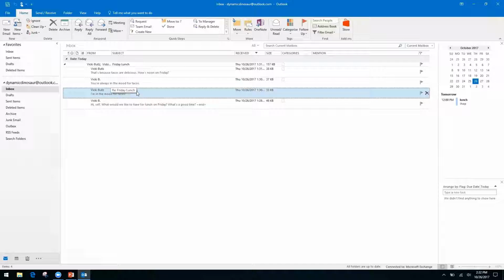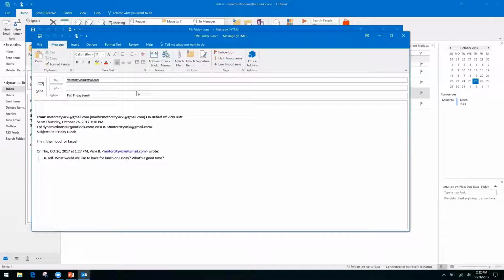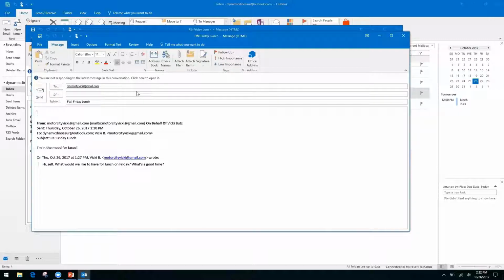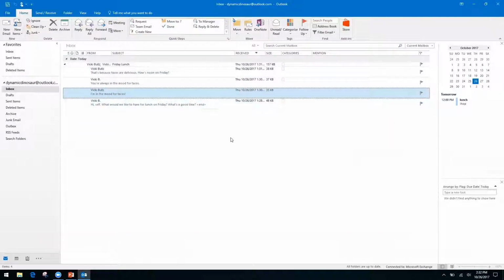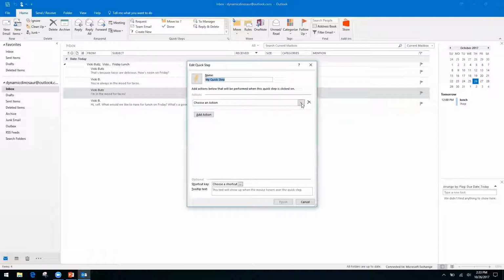So if I want to have this done, I do Control Shift 2, and it automatically pops that information open. You can see that it is now working on its own. I am replying to the customer, and I am forwarding the message over to the correct party. So I don't have it set up to automatically send right now, just because I am in demo mode, but that's what that looks like. So you can see how this is going to make it a lot easier to perform actions that you repeat over and over again. Another good one you can do, and I will just show real quick, is sending it